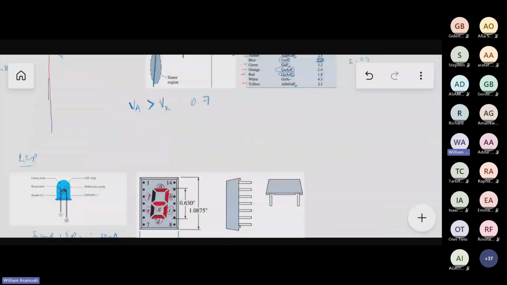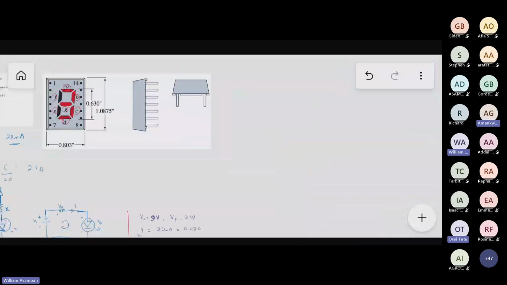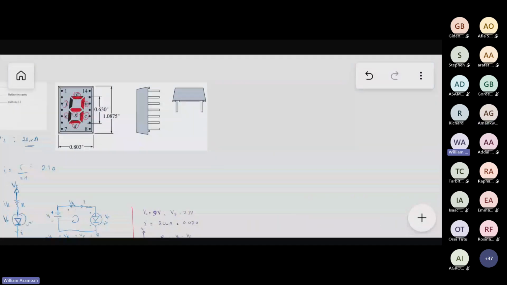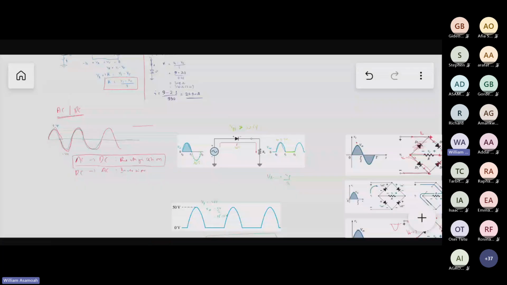But the Zener diode, what we do is, in the Zener diode,